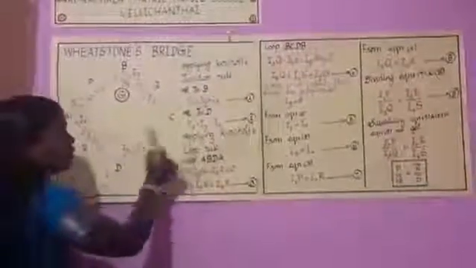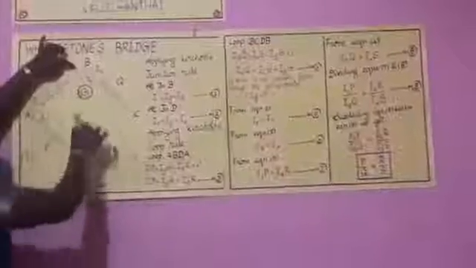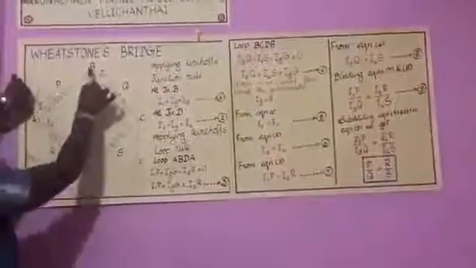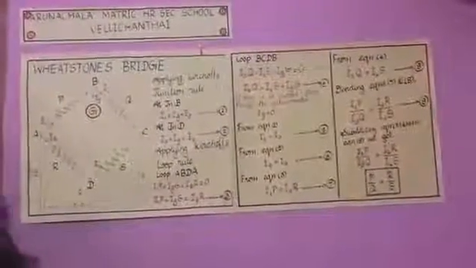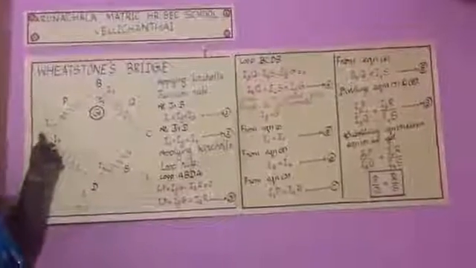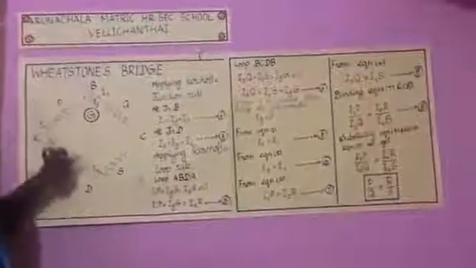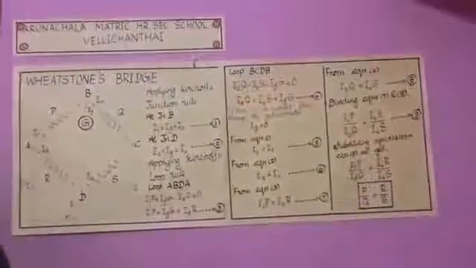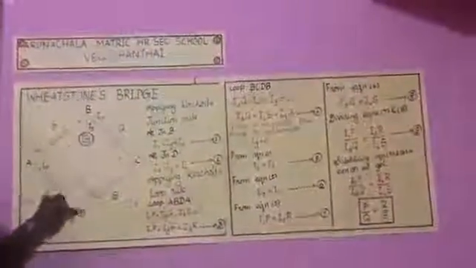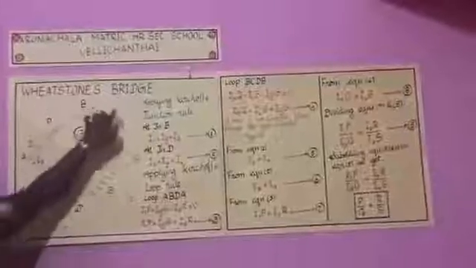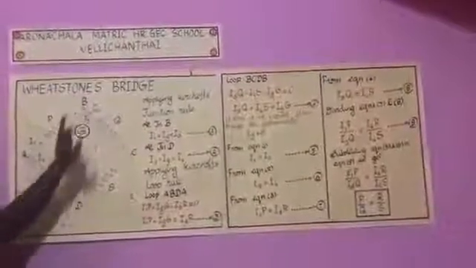The next rule is Kirchhoff's loop rule. Next we are going to apply this loop rule. Loop means a closed circuit. So we consider A, B, D, A. This is the first closed circuit, the first loop. First, current flows from point A to point B, B to D and D to A. Then the second loop we consider B, C, D, B. Okay, first I1 current A to B current is I1.